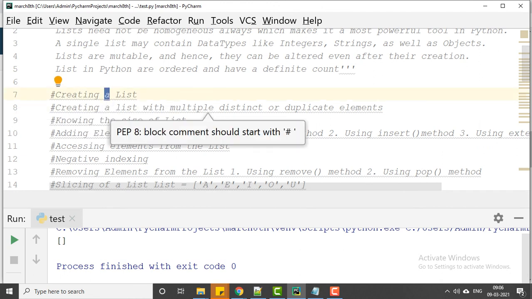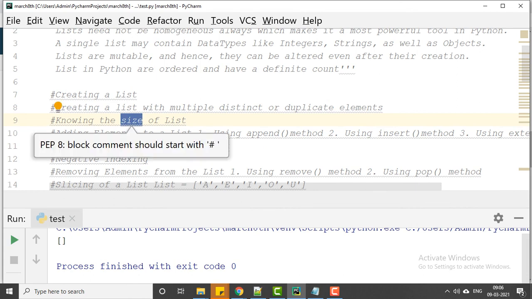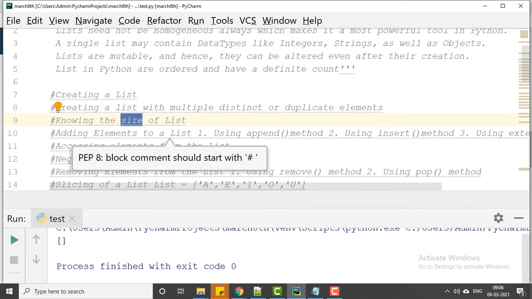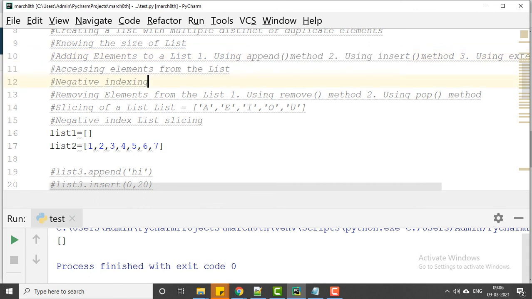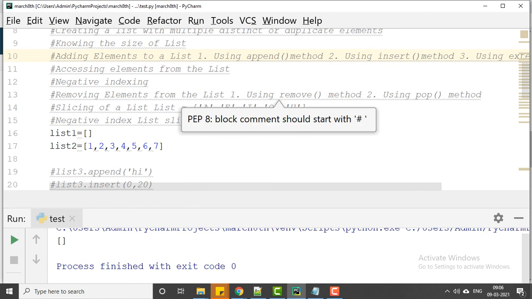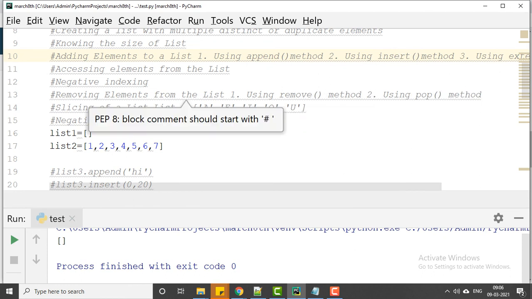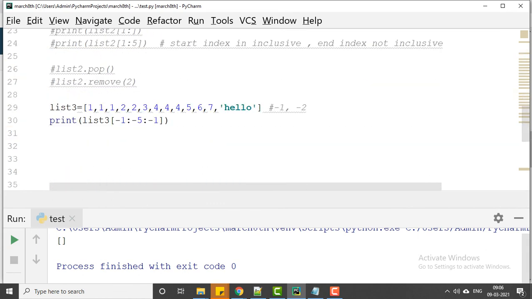and we have seen here how we can create the list, how we can write which values are allowed, how we can know the size of the list, how we can add values into the list using append and insert and the differences between them, and how we can access the list elements. And we have many other built-in functions with the list. We will discuss it again in another video,